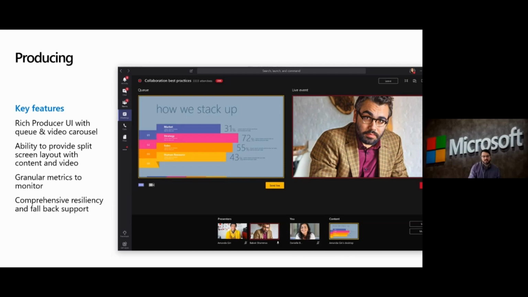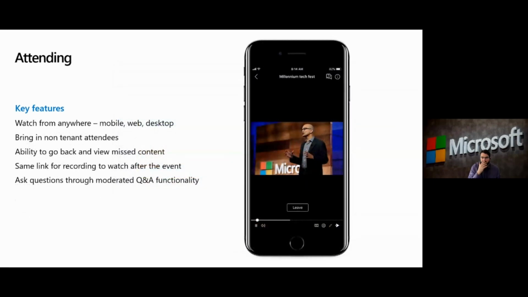The other side of this, though, is that we're going to show an actual walkthrough of the client, what the experience is for somebody else who's just monitoring from Q&A. But before that, we need to understand that people need to be able to attend this regardless of where they are. It's the same link to watch it, and even in the mobile experience, you have Q&A. You are all experiencing this from all sorts of devices around the world.